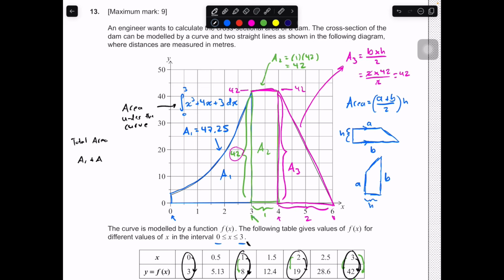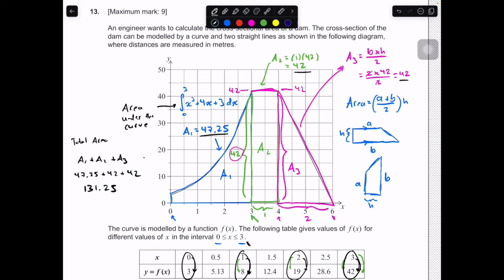A1 we found out was 47.25. A2 was equal to 42. And A3 was also equal to 42. So adding all that up, I'm going to do that on my calculator right here. It equals